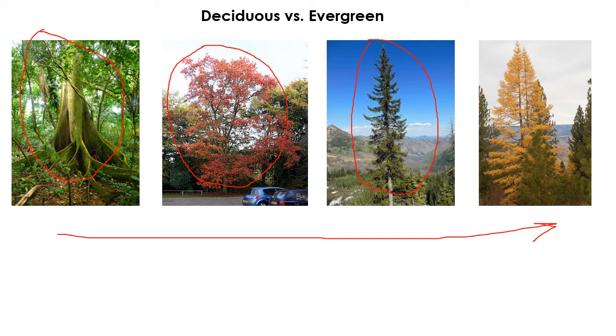And then also, if you have a really, really short growing season, so at high elevations and in high latitudes, if you have an evergreen leaf ready to go, as soon as temperatures and moisture are adequate, you can jump right into photosynthesis. So we start to see more evergreen species in those harsh environments